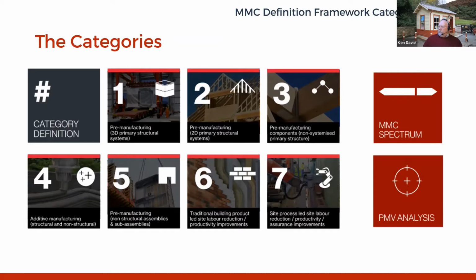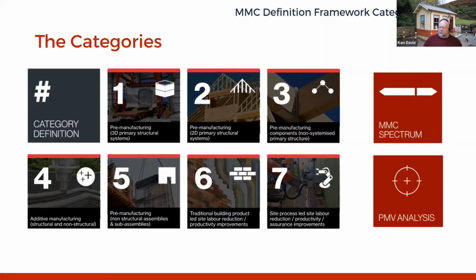The other way of doing it is to actually compare site labour. So if you have one project where there's a large amount of precasting being used, the actual site labour will be significantly less in comparison with a project where there's a lot of in situ concrete being cast on site. So PMV is the principle of identifying the difference between sites in terms of offsite manufacturing. And obviously the higher the PMV, the more actual offsite manufacturing activity.